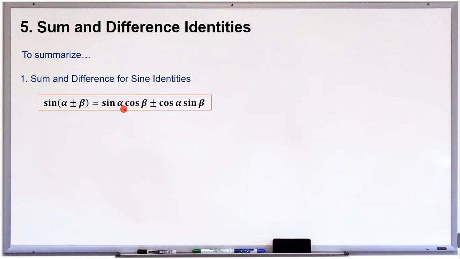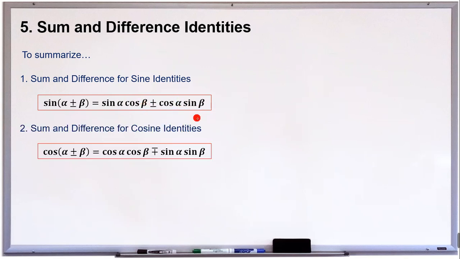And the arrangement for the angles starts with the first angle alpha, then beta, and for the second term, that is also the same. It is alpha and beta. And for the cosine, so cosine of alpha plus or minus beta, that's cos cos sin sin. That is the mnemonic. So cos cos sin sin, and the arrangement of the angles is the same as